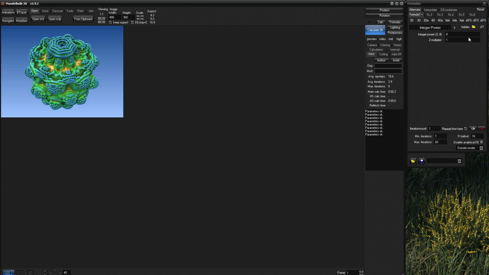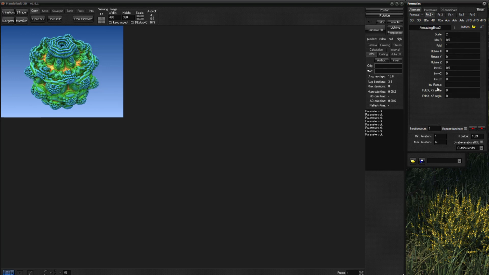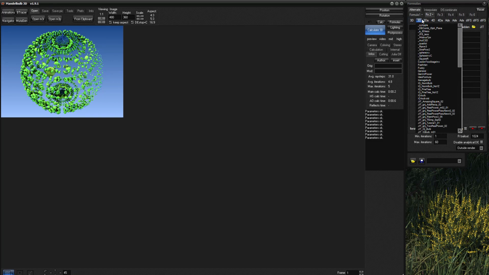So this is how it works, and here we've only worked with one formula for the moment, but you can add, for example, another formula. So you can go to the Formula 2 tab here, FO2, and choose a random one. So now we've got all these parameters for this formula, and let's click calculate, and we have that, you see. So you just have to keep doing that. There is a lot of formulas. You can see you can combine. So you can really do anything you want.